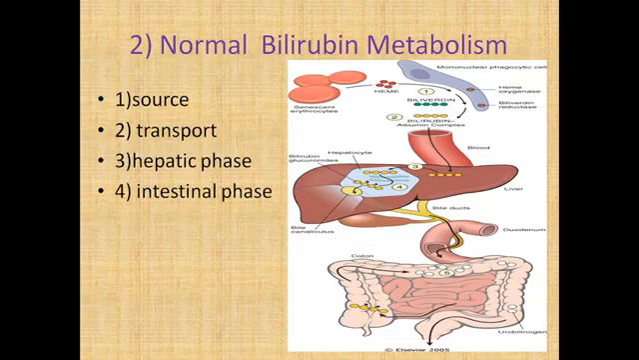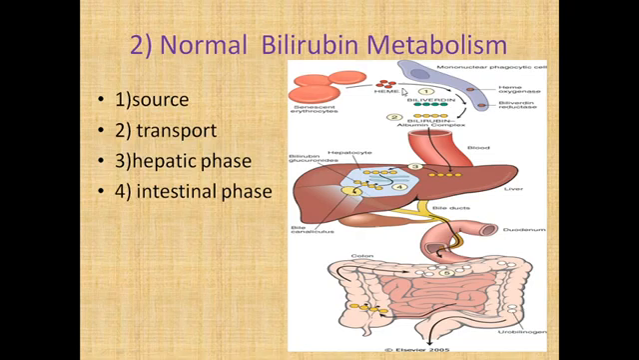Now, we will revise normal bilirubin metabolism. We have seen this in the first lecture. This is the source of normal bilirubin metabolism. Bilirubin is produced from senescent RBC. 85% of bilirubin is derived from senescent RBC and 15% from myoglobin, ineffective erythropoiesis, and cytochrome C. From this senescent RBC, there is derivation of